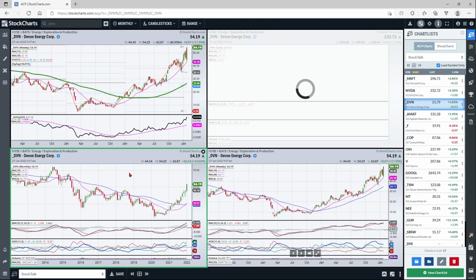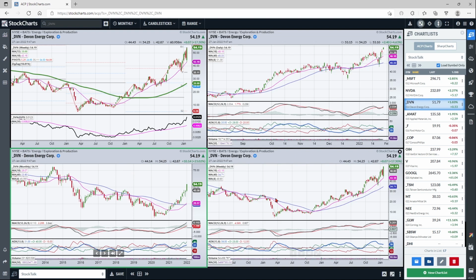DVN, a part of the energy sector that is incredibly strong, and this is just not backing down. I mean, every single time it pulls back, look at the respect this has for the 18-week line. Every pullback over the course of this year has found support at the 18-week, including just this past week. So the negative with this right now is it's getting a little overbought. We're starting to work our way up towards some bigger resistance. Although it did get through the 50 level, that's a pretty good sign.